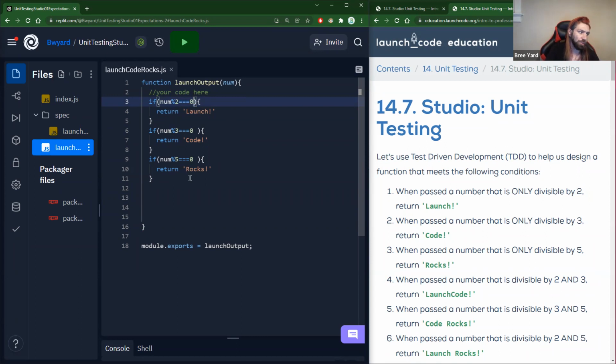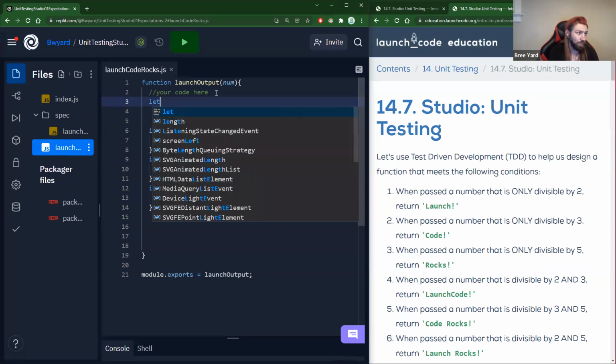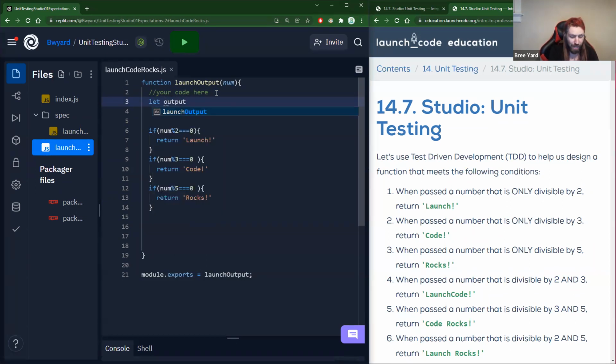What we're doing is we're returning a string every single time, right? So our output is always a string. So we're going to create a variable called output, and we're going to set it to blank. Then at the end of our code, we're going to return this output. Return output. So now we have a single return statement. So what's going to happen is we're going to change all of these returns, and we're going to change it instead to output